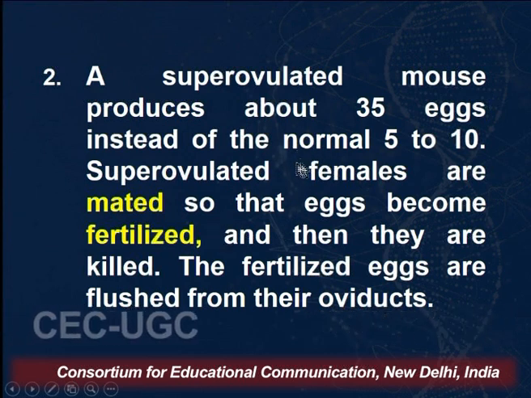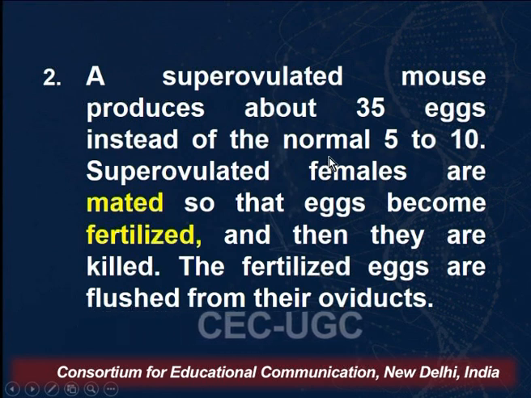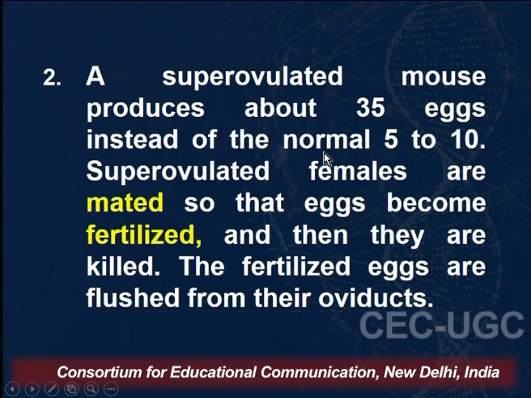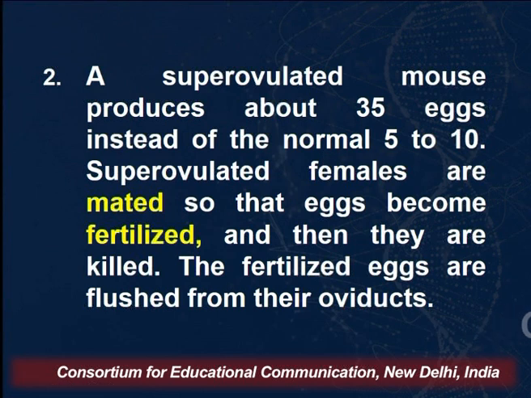Because we will see that the overall efficiency of production of transgenic animals is not very high. At each step, we'll subsequently see that only around 5% of the eggs that we take are able to produce the transgenic mice. So the overall efficiency is very low. So we cannot start with a small amount of starting material. We should have a large number of eggs, because at every step of creating a transgenic mouse, the efficiency will